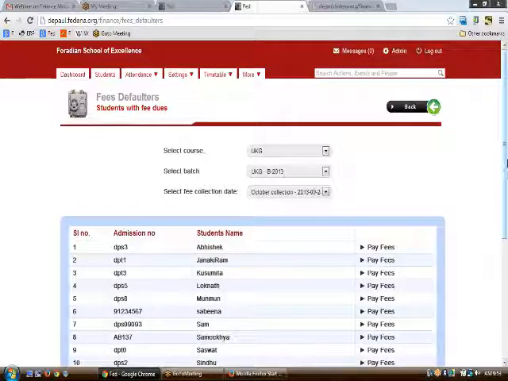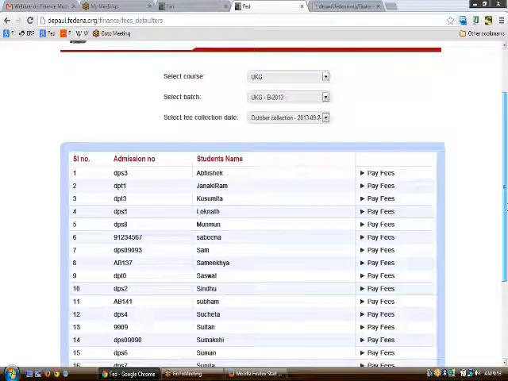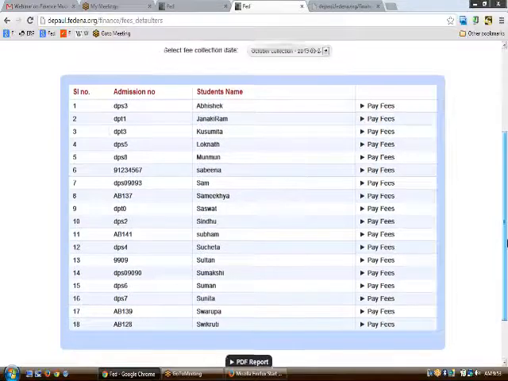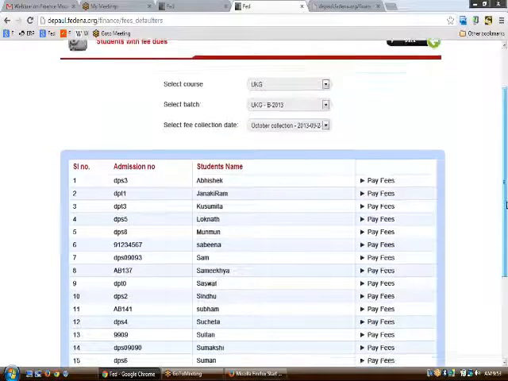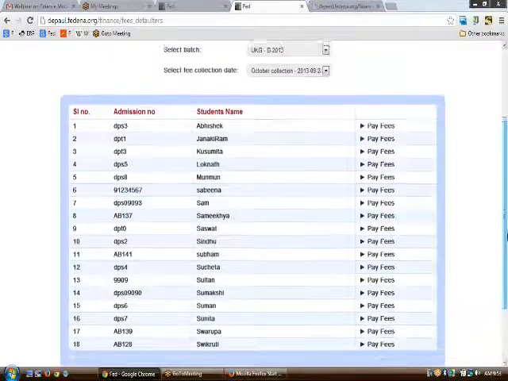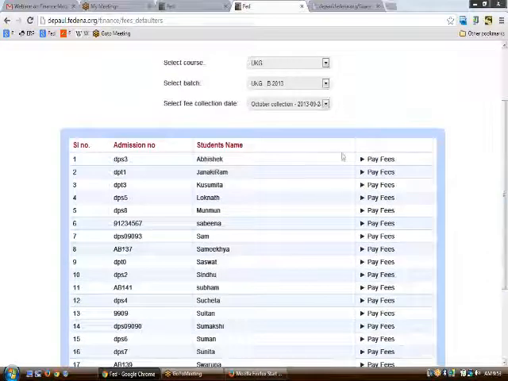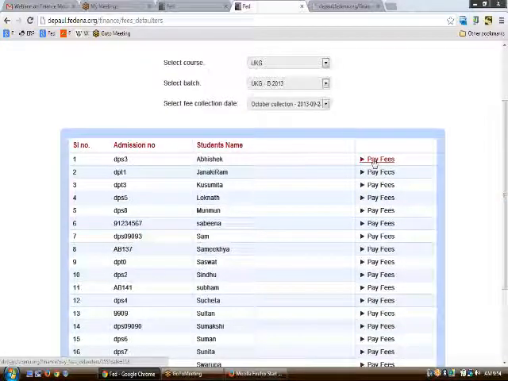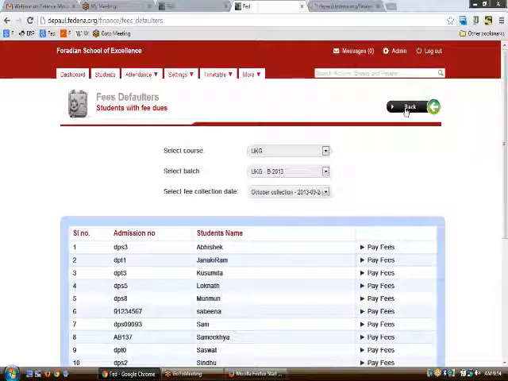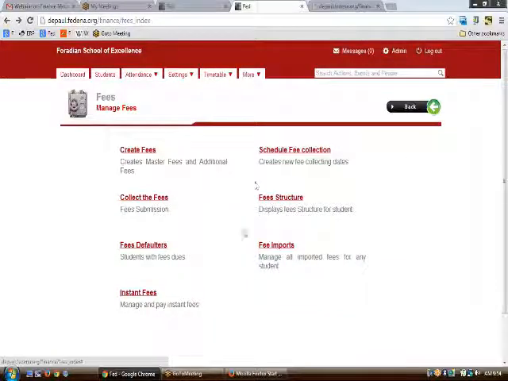So all you need to do is make the corresponding settings, and on applying the settings you will be able to see the whole list of fee defaulters. Again, against each of the students we have a pay fees link. You can click the pay fees link to pay the fees of each of the students. So this is how you can manage your defaulters.